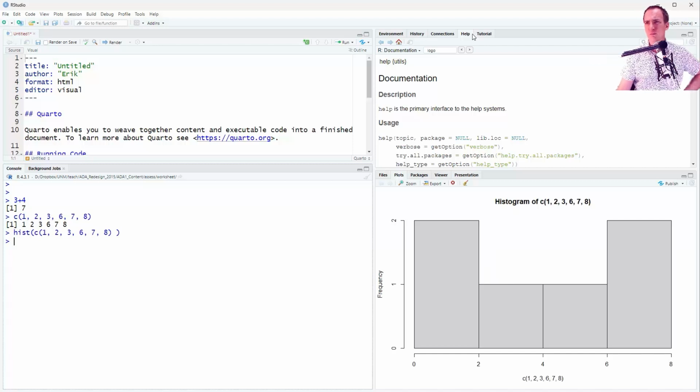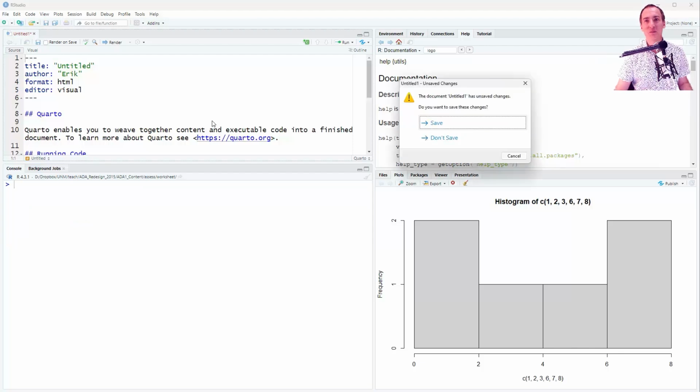Now I've actually moved some of these windows around, these tabs, so your plots may actually be in the top right, or your help might be in the bottom right, or something. But it's basically these 4 panes. Okay, we're going to mostly work in these 2 windows, and then review our plots on the right, and then we'll have a help window where we get help for the functions that we're using. All right, but this video is not all about that. It's about